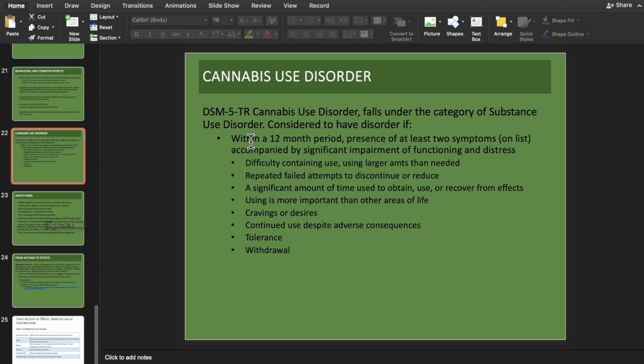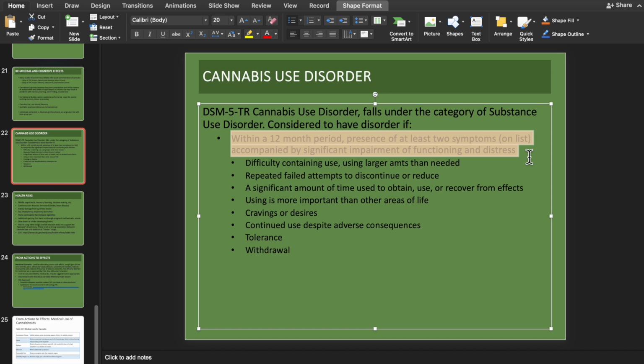With anything in the DSM, some of us might have gone through the DSM, looked at the symptoms, and said, oh my God, I fit this description. I have a lot of these symptoms. I must have this disorder. Well, the thing with the DSM is you can't really call something a disorder, for most of the diagnoses, until it's causing functional impairment and or distress, which means I'm having problems at school, I'm having problems socially, I'm having problems with work and or at home. And it's causing me a lot of distress, which means it's making me really anxious. I'm having anxiety or I'm having some type of emotional change because of the use of this. So if somebody just smokes regularly and doesn't express any of these symptoms, then we can't really diagnose them with